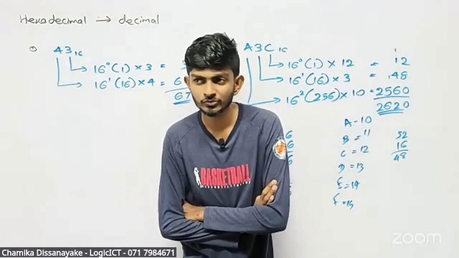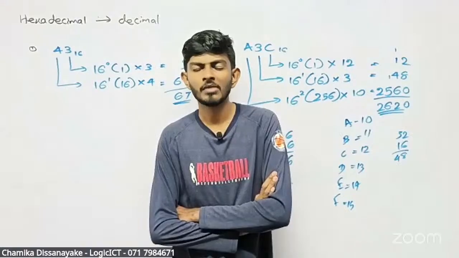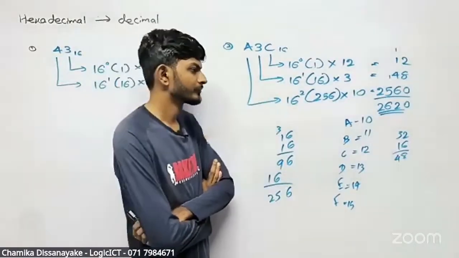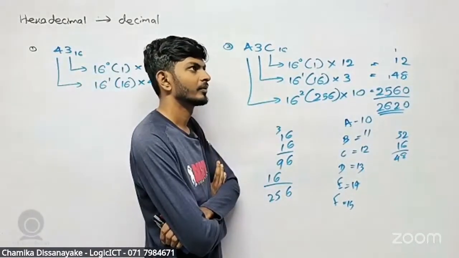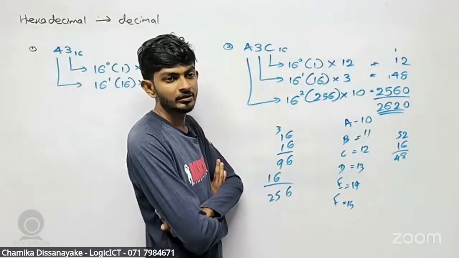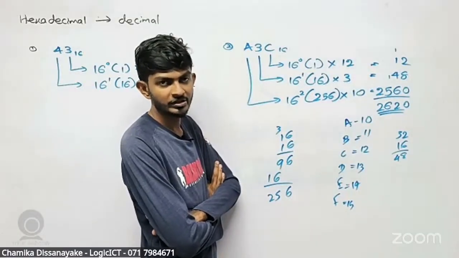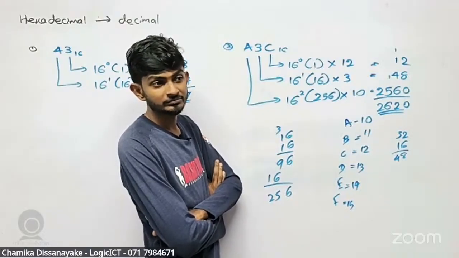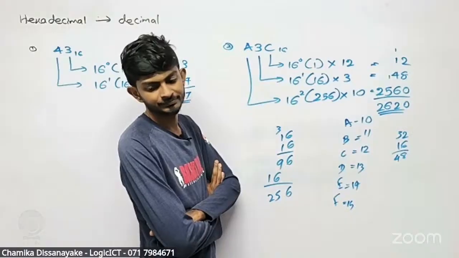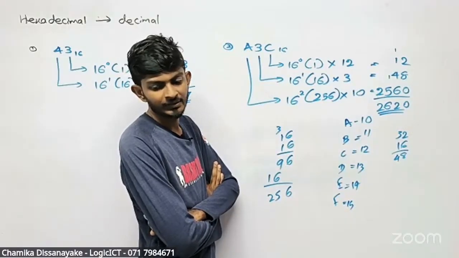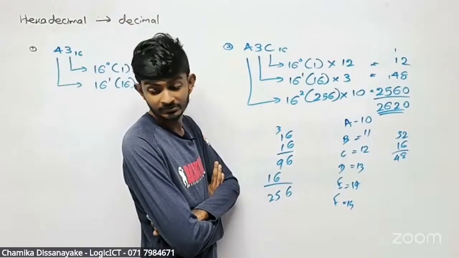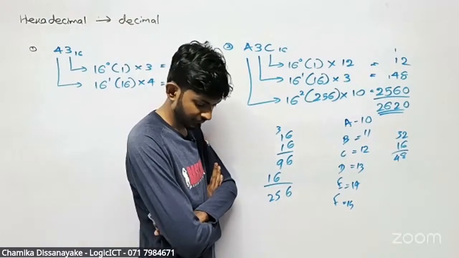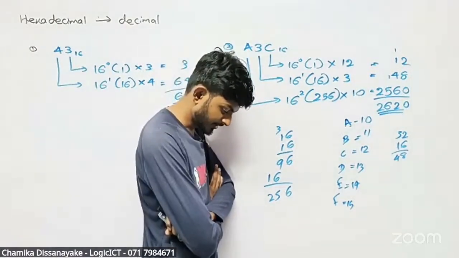We have to multiply each value corresponding to the symbol by weighting factor. Each value corresponding to the symbol by weighting factor. Next point,